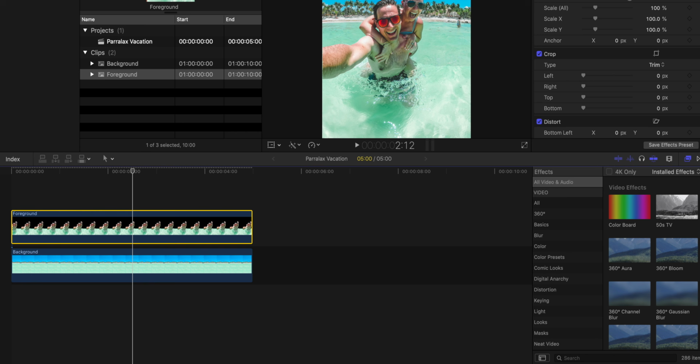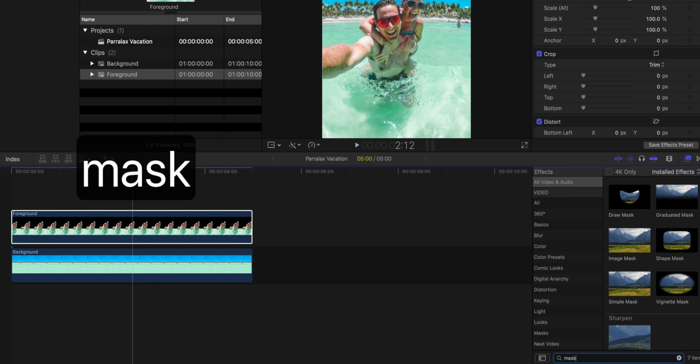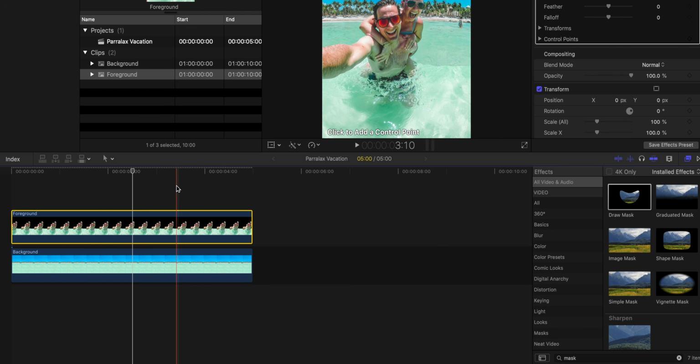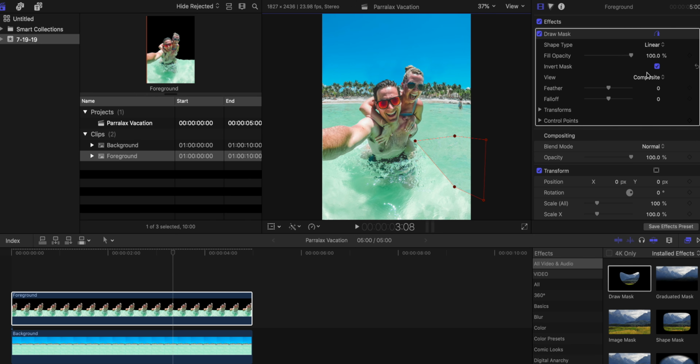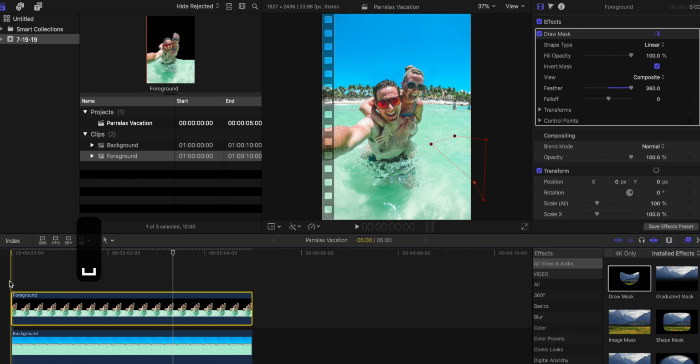I said we'd feather this out, so go here and add a draw mask on top of the foreground layer. Once you got that draw mask on, just click right here, here, and then over here you gotta hit invert mask. But now we gotta feather this way up. Even more, but we're feathering ourselves, so that's fine. So let's go over here, just bring that point over. Good, maybe bring that up a little bit. So now,